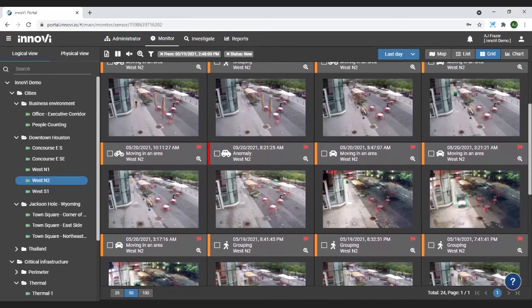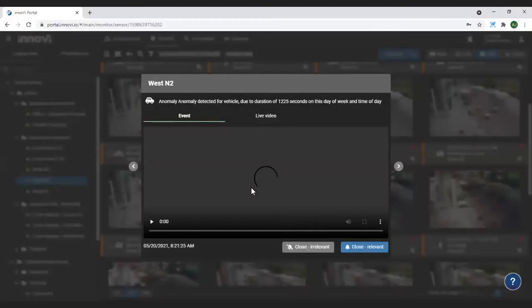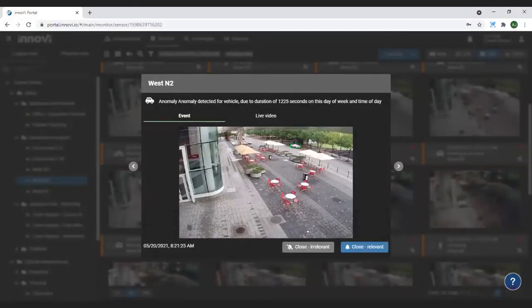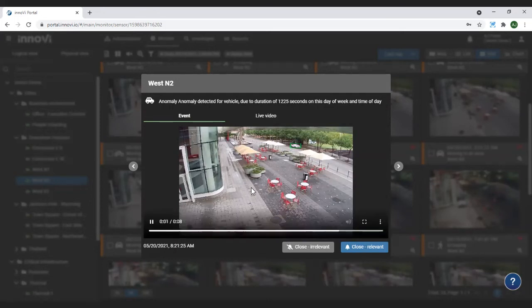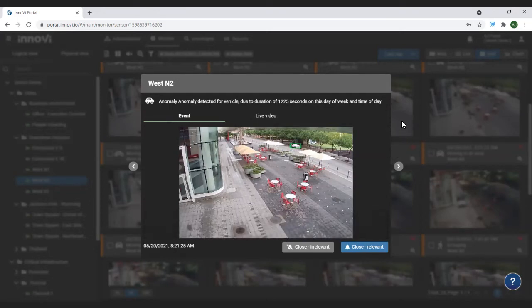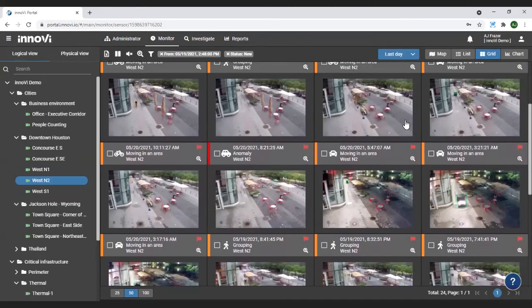But also I see here another interesting thing. Looks like this morning at about 8:20, we did get an anomaly. Now, in this case, this isn't exactly like a bank heist kind of anomaly, but this is a fairly lightly trafficked intersection, and vehicles don't stop in the morning in that spot. And so our system was able to notice that there was a vehicle parked there along that roadway when normally there wouldn't be a vehicle there. So that's a great example of an anomaly where somebody would take a look at that and say, oh, that's not a problem. We're not bothered at all by that.